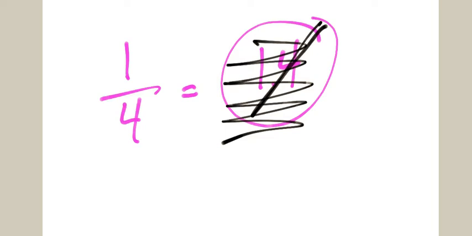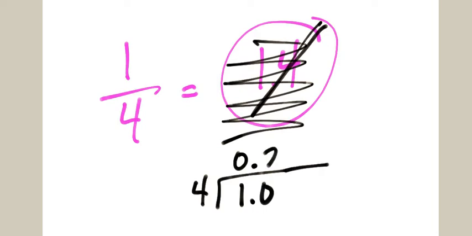Whatever is on the top goes in the box, and whatever's on the bottom goes on the outside. So you're dividing 4 into 1. So you say to yourself, can 4 go into 1? No, so you must add a decimal. Bring that decimal up and add a 0. Can 4 go into 10? Yes, it goes 2 times. You get 8. You subtract, you get 2. Add another 0. Bring it down. 4 goes into 20 5 times. So 1/4 is equal to